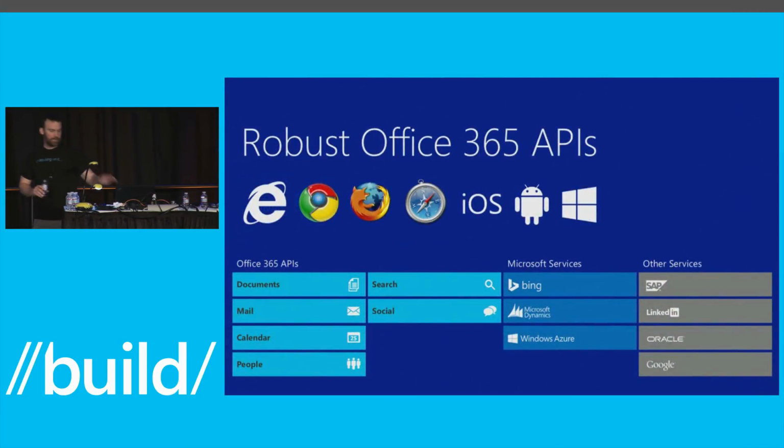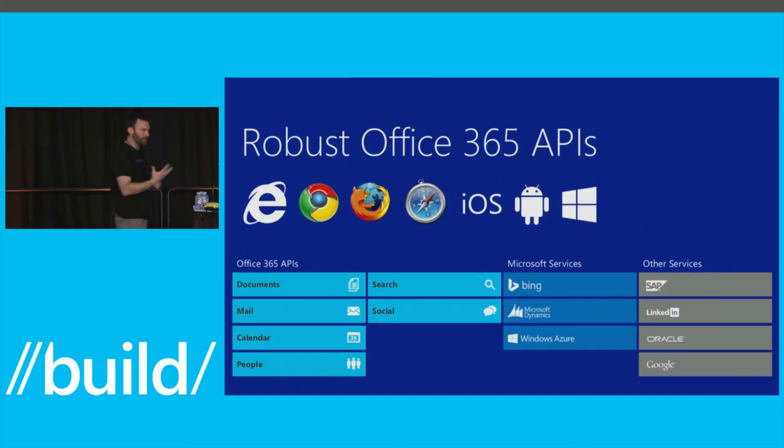And again, the key thing for us here is really, if you are building productivity apps for devices and you're not connecting to O365, people are going to start to feel like those apps are disconnected. They're going to feel like they're a bit on an island because it doesn't connect to the rest of the data that they use.